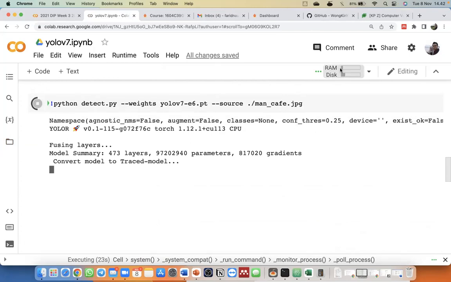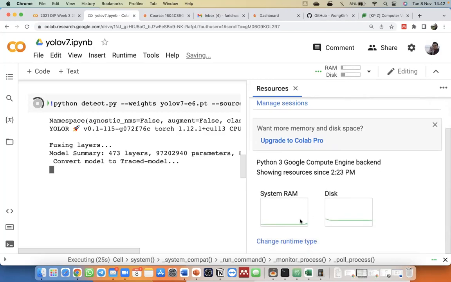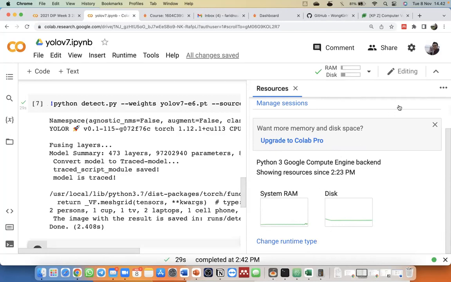Ya, it requires... Oh iya, tadi saya lupa, harusnya runtime-nya saya ubah ke GPU biar lebih cepat. Saya lupa tadi. Oke, nggak apa-apa.